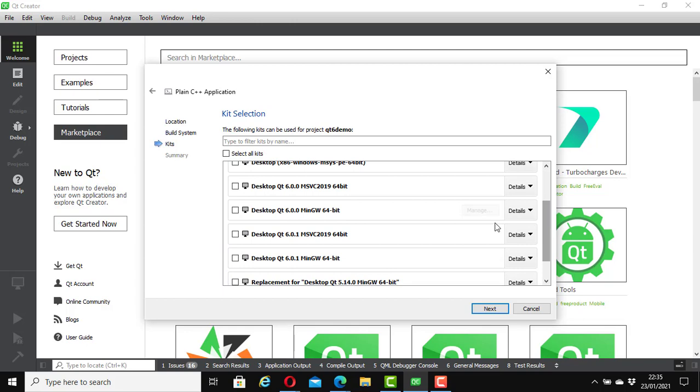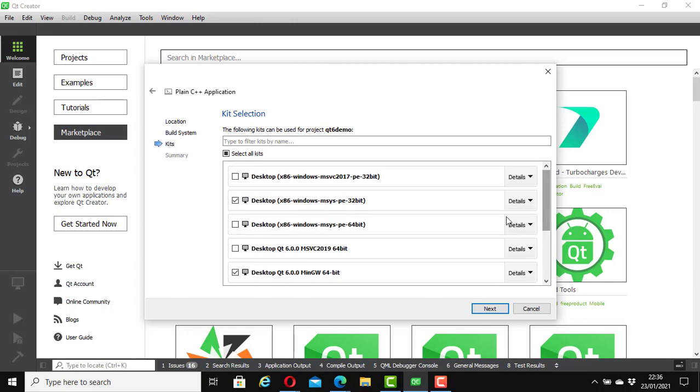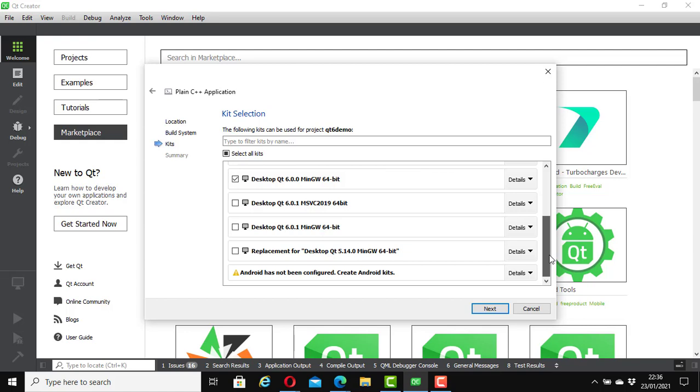In my case, I'm going to click the desktop Qt6 64-bit because I am on Windows 10. I'll tick this one. So let it be desktop Qt6 64-bit. Now click on next.